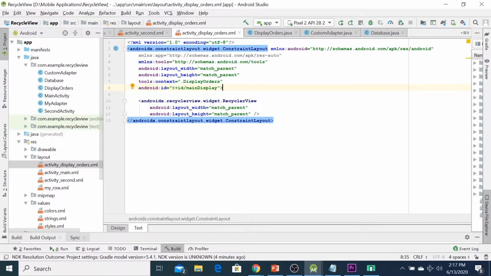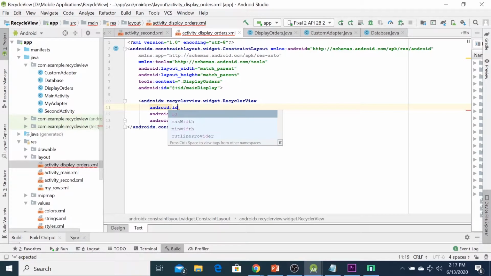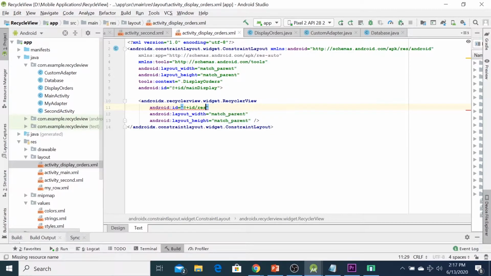Okay, and for the recycle view here, you can also put the ID, Android ID recycle display.